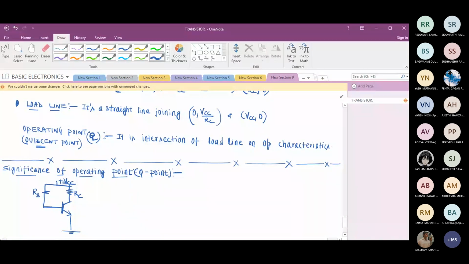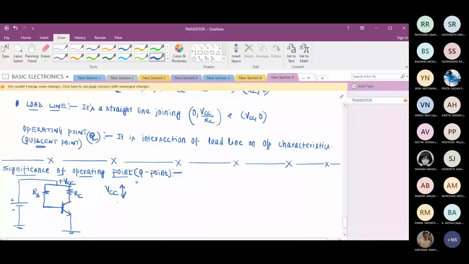Say suppose the supply voltage VCC varies. Actually, this VCC is a DC supply. Do you remember? We use this supply to bias the transistor. Yes or no? Yes, sir. Is it like this? This DC, say suppose there is some variation in this. Unwanted variation. I don't know why it is happening, but it happens.